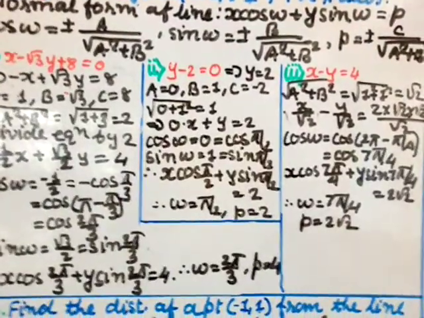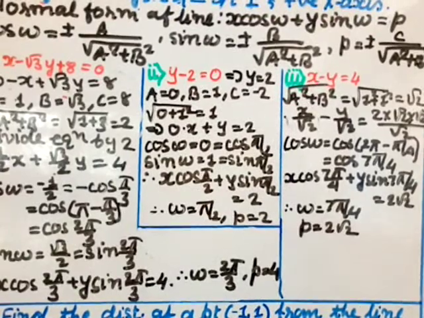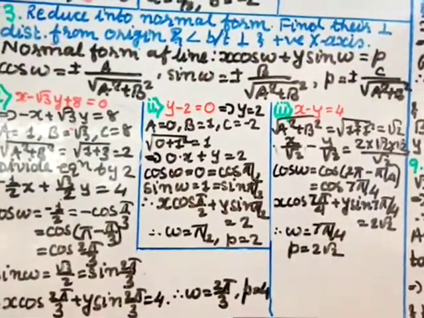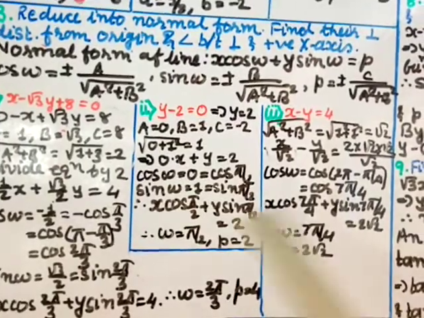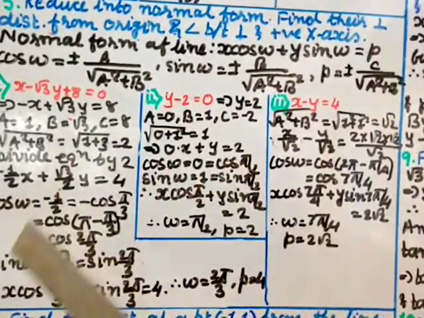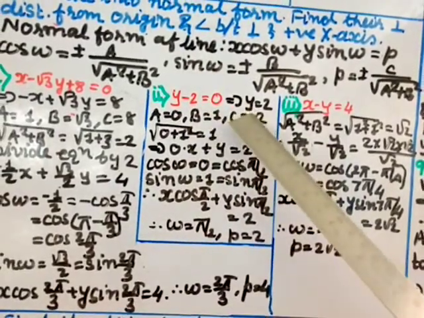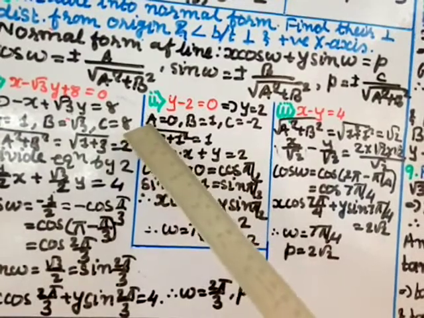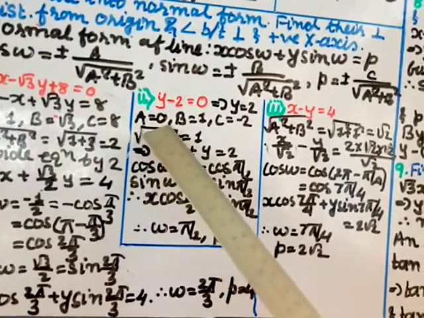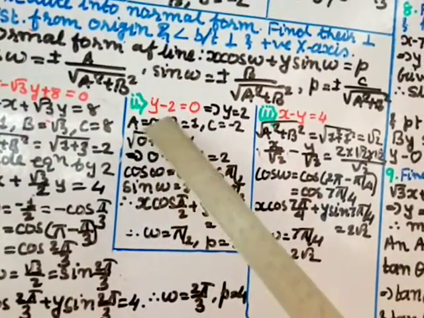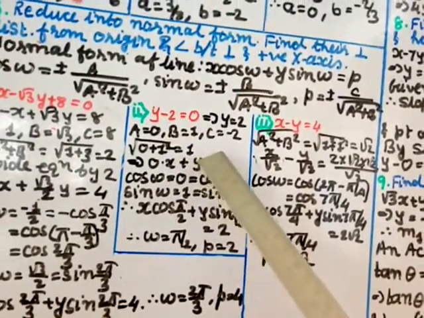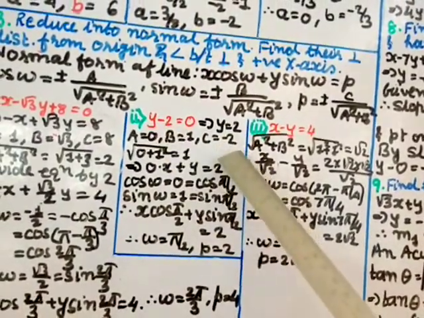Roman number 2, y minus 2 equal to 0. As I said, the p should be constant and that constant value is positive. So here constant value is 2 and that should be p and that should be positive. So this minus 2 we transfer over here, so you get y is equal to 2. Now here the x term is not there, that means coefficient of x is 0, that is a equal to 0. Coefficient of y, that is b, equal to 1. And the constant term, from here you have to write as minus 2.